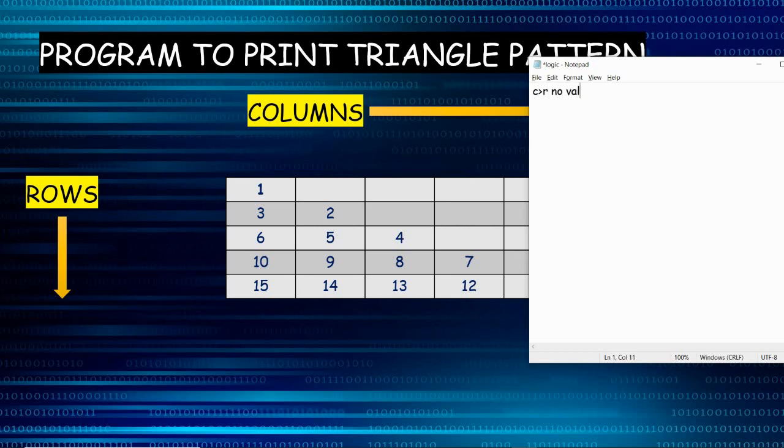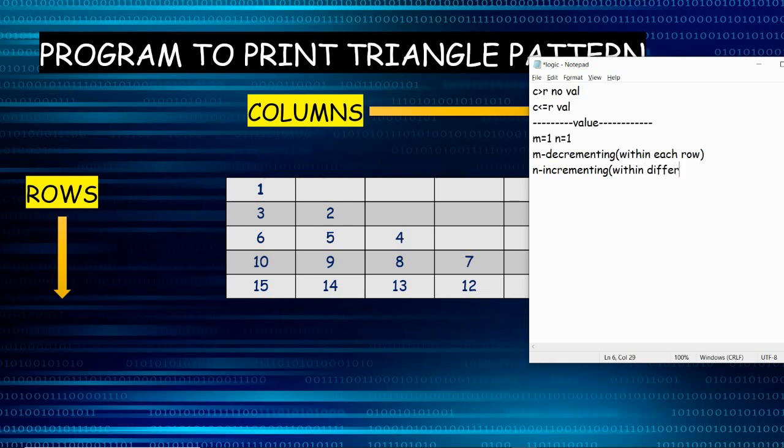We know one thing: when the value of c is greater than r, we're not going to have any value, and when the value of c is less than or equal to r, we're going to have a value. So we have worked out that logic, and now we're going to look exclusively at the values, how to break down the values. To do that, I'm introducing two variables: m and n. m is for decrementing. If you see, decrementing happens within the rows: 3 2, 6 5 4. So for that I'm using m. And n is for incrementing. Across the different rows, the value gets incremented: 1, 3, 6, 10 and 15.